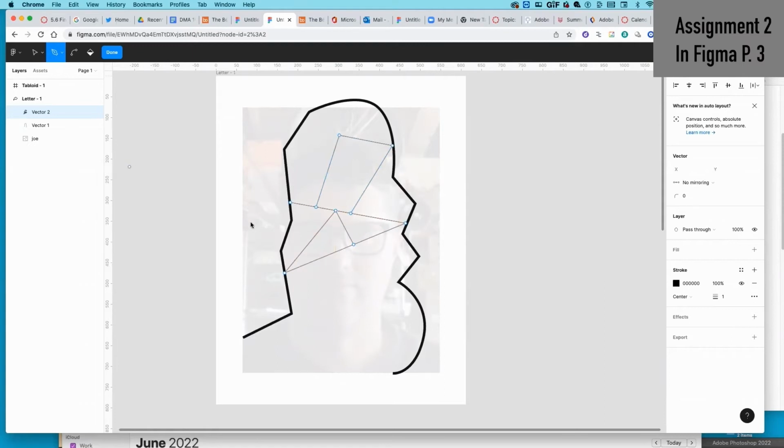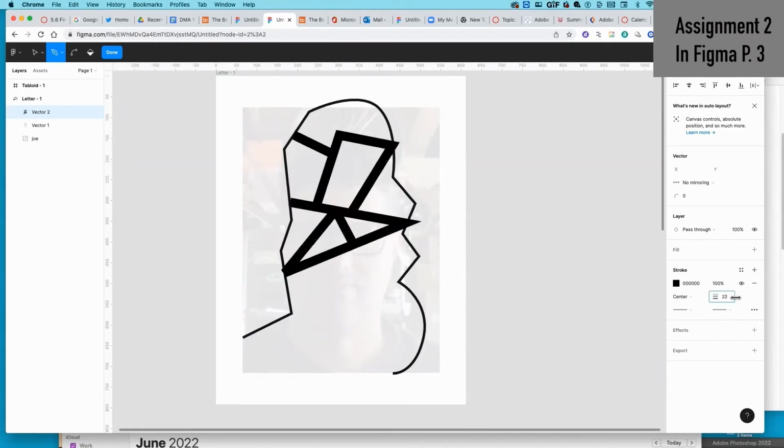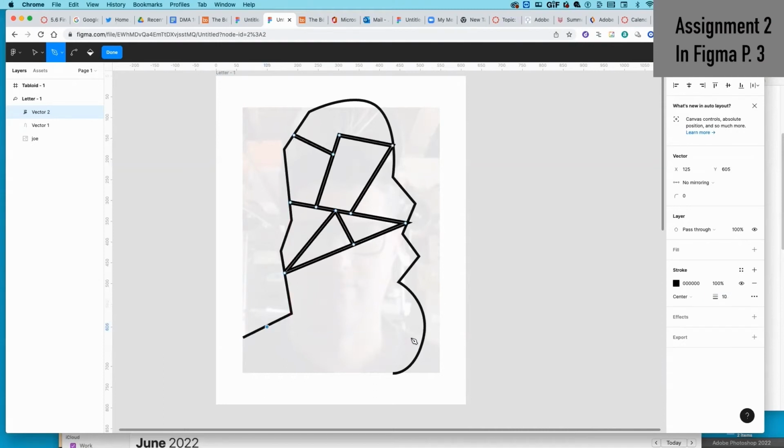But what I do want you to do is just explore how you can create a complex shape with the pen tool in Figma to recreate your portrait in an abstract type way. So you can explore line thickness by playing with this stroke here, making it thicker or thinner. You can explore repetition. You can explore how you are using direction with lines, and explore a combination of linear